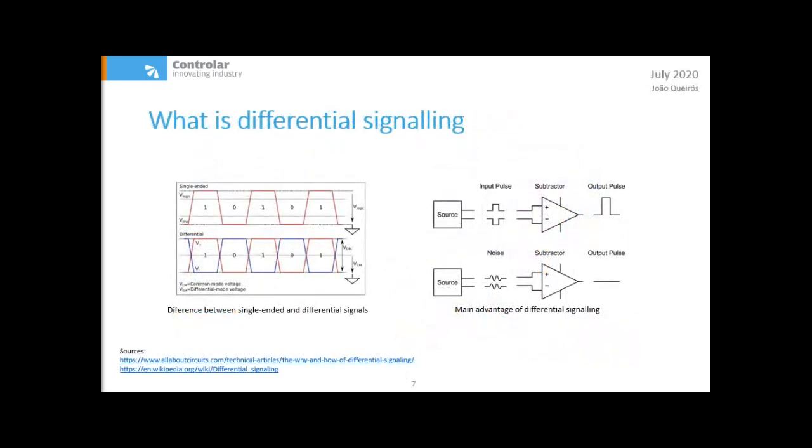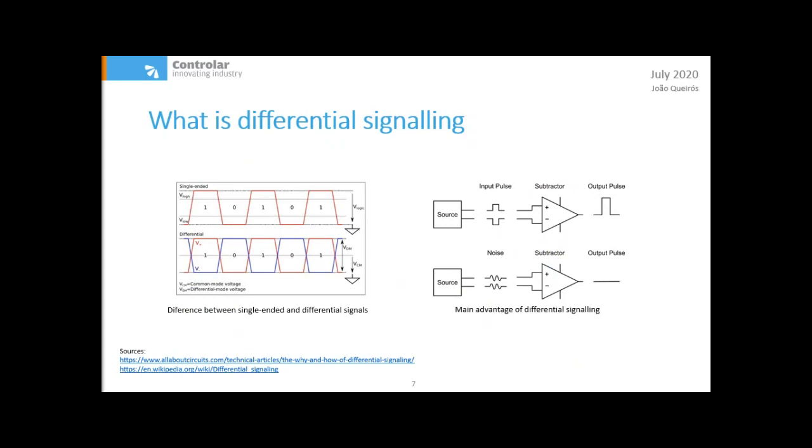Now that we already acknowledged the importance of wired connections, specifically the serial ones, where only one transmission line is required, let's see what is differential signaling. On the image on the left, we have the difference between single-ended signals and differential ones. Single-ended have one line that transmits the bits in a sequence and with a specific encoding. In this case, we have an encoding with only two voltage levels, V high for a binary 1 and V low for a binary 0. This could be a serial RS-232 port, for instance. RS-232 uses one wire for transmitting signals and another for receiving.